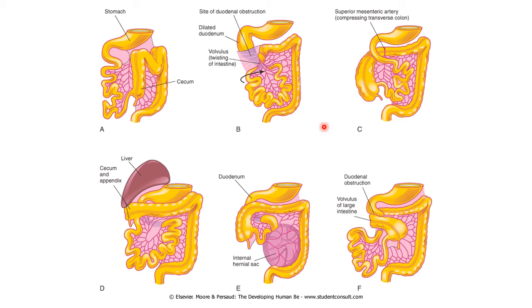So these are showing you all the components from your KLM. This is the incomplete rotation, or malrotation. This is showing you the reversed rotation. Here you can see the volvulus, the twisting of the gut tube on itself, leading to obstruction. This is showing you the subhepatic cecum, the cecum which does not descend and retains its initial position when it enters the abdomen, lying just below the liver.